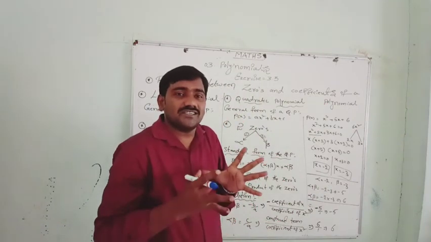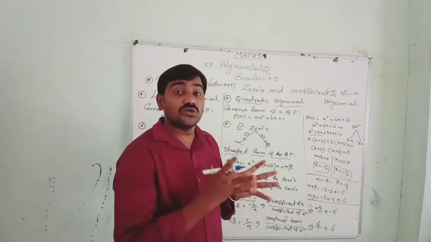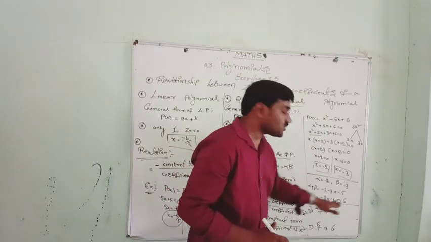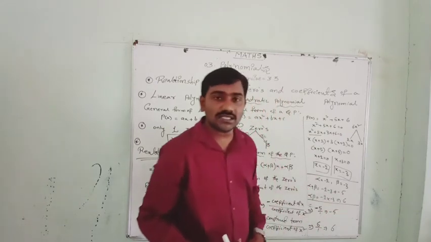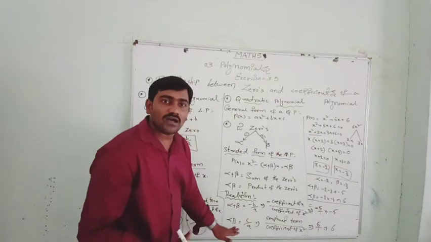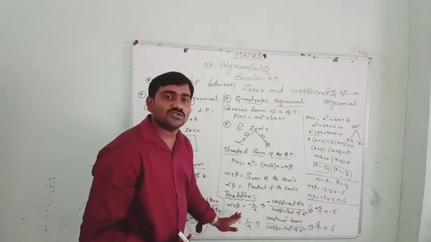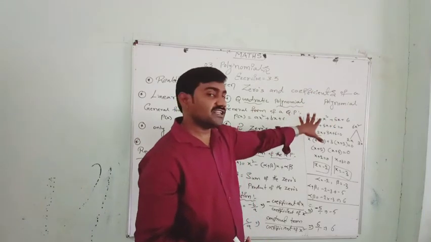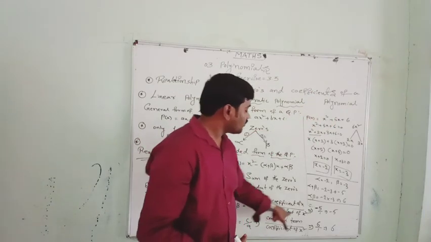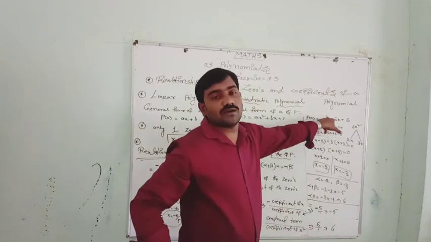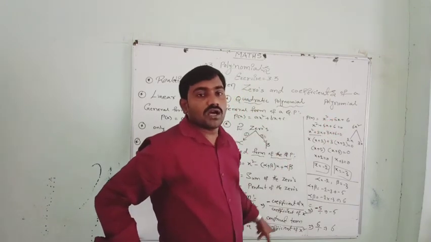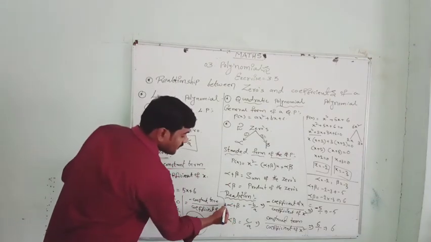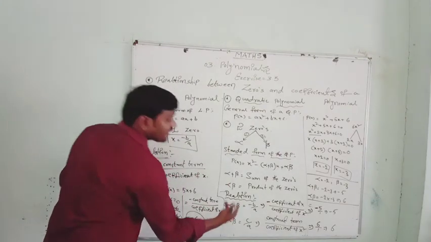So directly we also get the answer, no need to solve this completely. That is the wonderful relation of the zeros and coefficients. Instead of solving completely and getting the sum of the zeros as minus 5 and the product as 6, if you remember this formula, alpha plus beta, the sum of the zeros, equal to minus b by a. What is b? I told you, coefficient of x by coefficient of x square. And the constant term by coefficient of x square. This is the main thing you have to remember. So directly we get the answer.